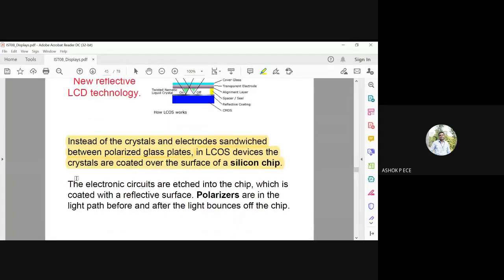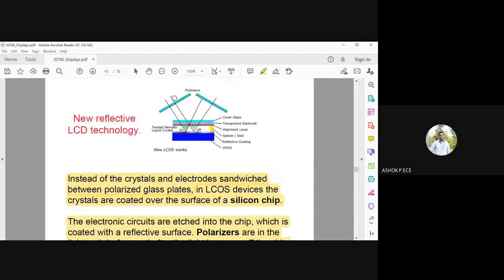Okay. So the electronic circuits are etched onto the chip, which is coated with a reflective surface. Polarizers are in the light path before and after the light bounces off the chip. You know what happens when the crystal is on and off. When the crystal is on, it will block light. When the crystal is off, it will allow light.